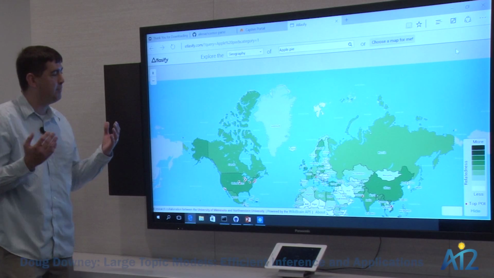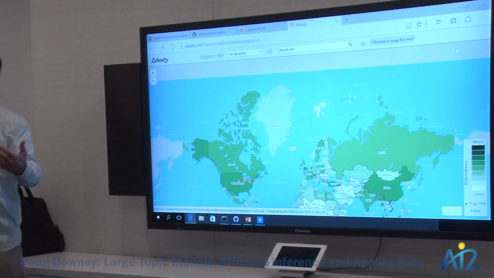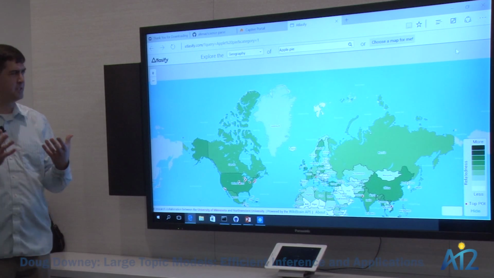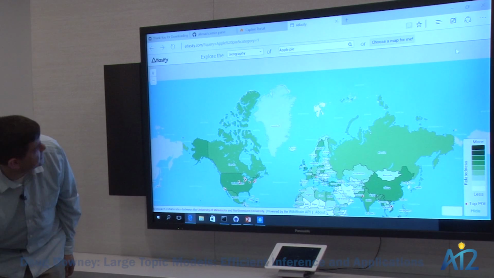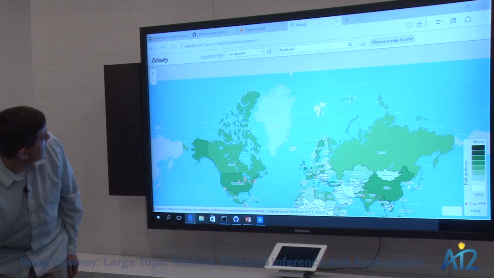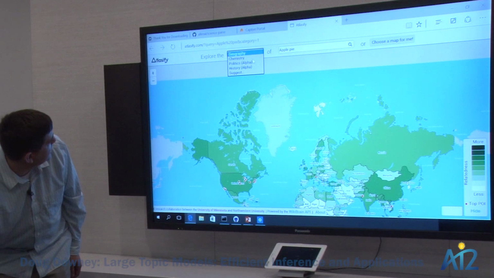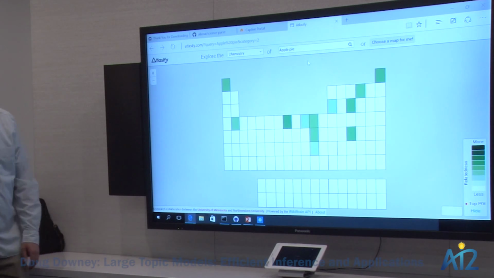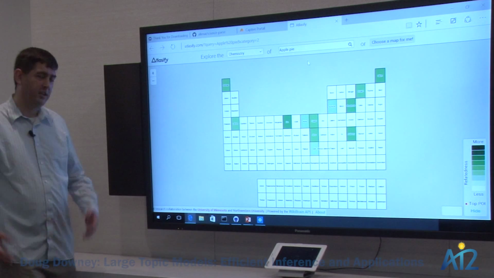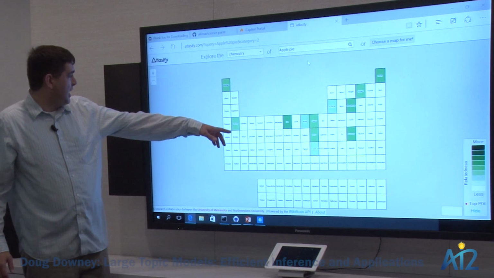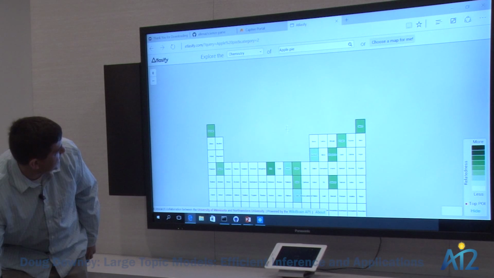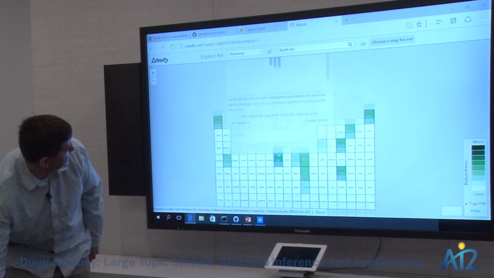So this is not a heat map that talks about the total consumption of apple pie in that country. What you're seeing is a relatedness measure that's based on how often these things are mentioned together. Apple pie is a good one. Once you can do this for the world map, you can do it for anything. So we also did this with the periodic table. And here are a handful of things that are related to apple pie on the periodic table.